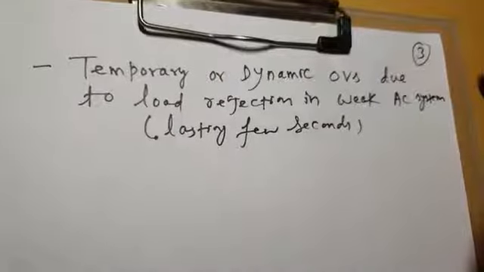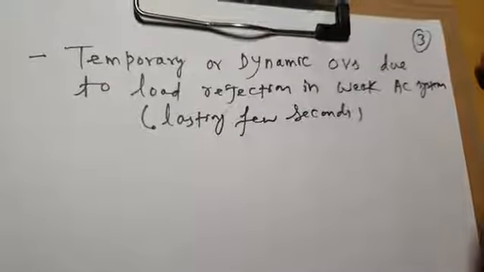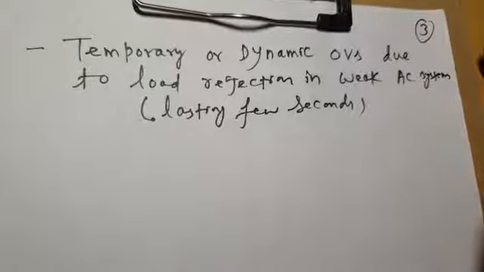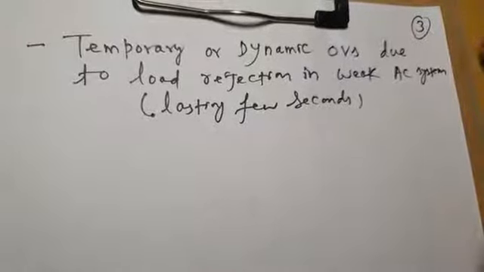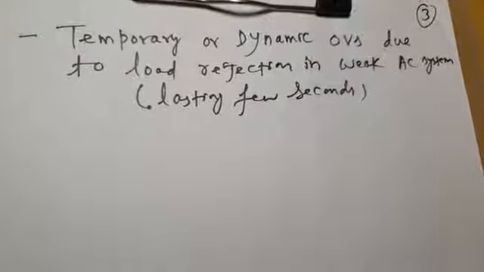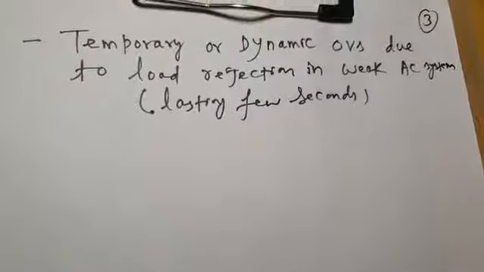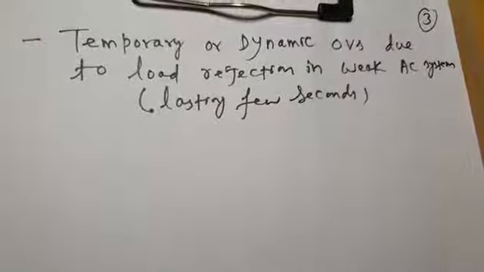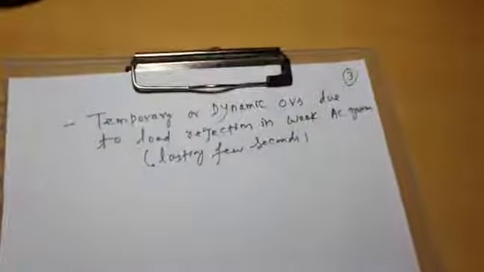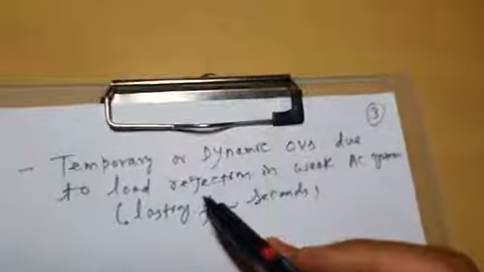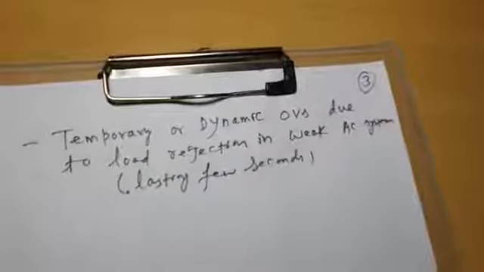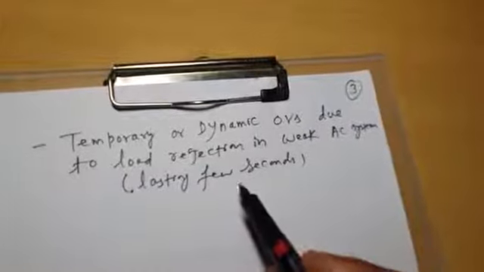In your AC system, which may be a weak AC system, which may not be a highly stable AC system, load rejection may take place. I mean, suddenly some load is shut off, some load is disconnected. Okay, because of load rejection, there may be temporary over voltages or dynamic over voltages which may last for a few seconds. This is another cause. Third cause is